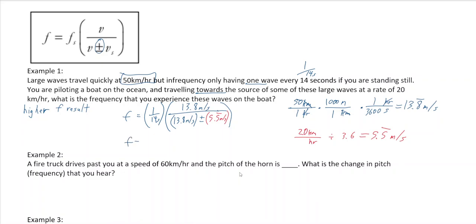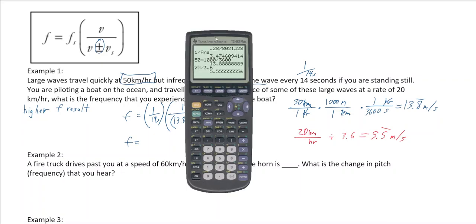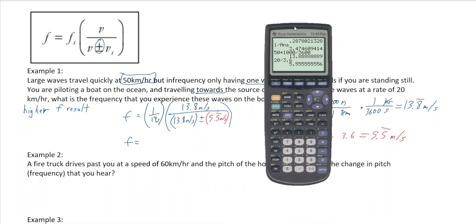Okay, so now we're just going to try it in our calculator and see which one gives us a higher frequency. So okay, hold on, use this. 1 divided by 14 times 13.88888 and then I think it's minus, off the top of my head, 5.5555555, bracket, enter, and we get the frequency of